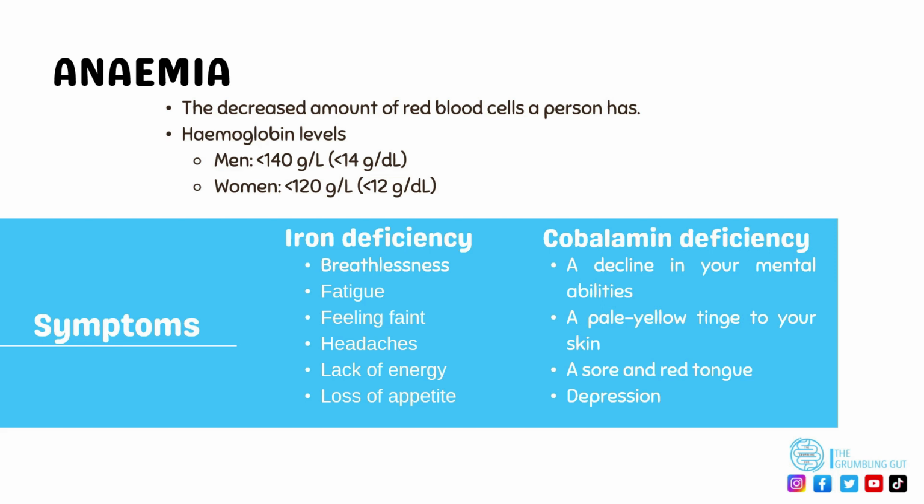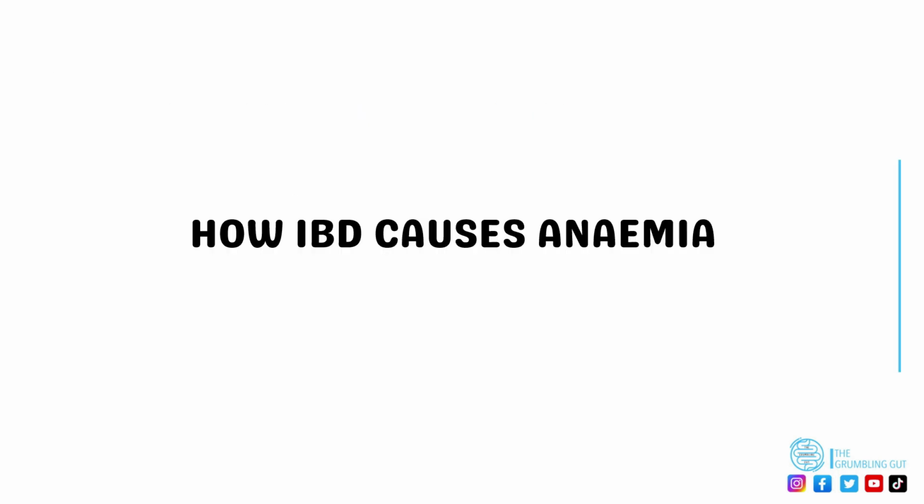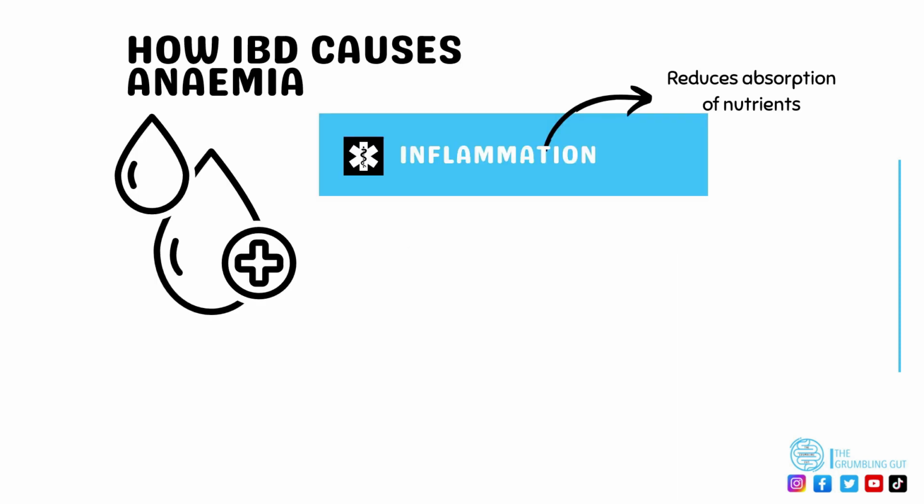And then there's vitamin B12 deficiency anemia, which is low levels of vitamin B12, which is needed to help in the formation of new red blood cells. Now, the main reasons as to why iron and vitamin B12 deficiency is common in people with IBD is either due to or a combination of inflammation of the intestines,